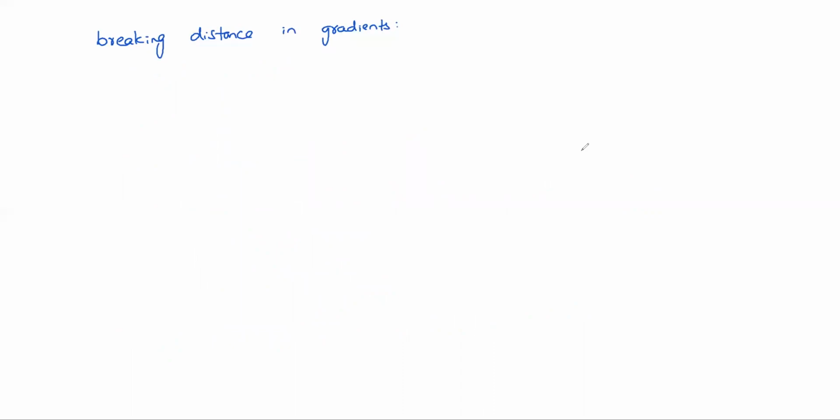Suppose let us take up gradient, like this. Suppose this is some theta. Otherwise this gradient is 1 in n. Example, 1 in 100. 1 in 100 means what? For 100 meters horizontal length, 1 meter up is there, then that gradient is 1 in 100.